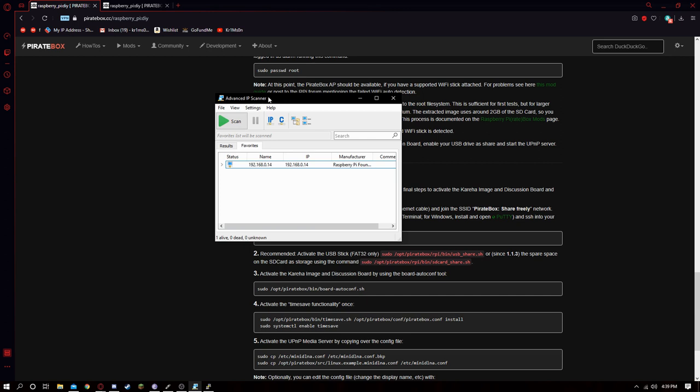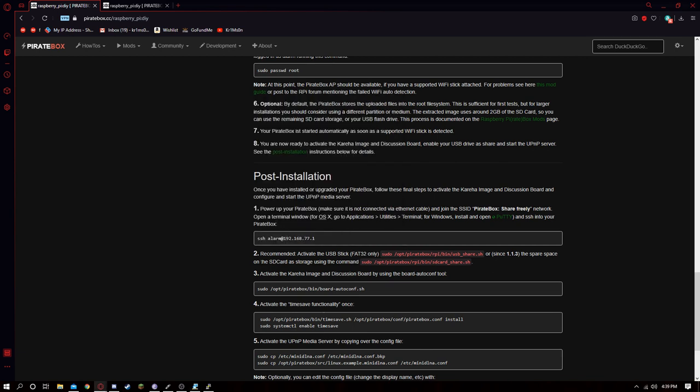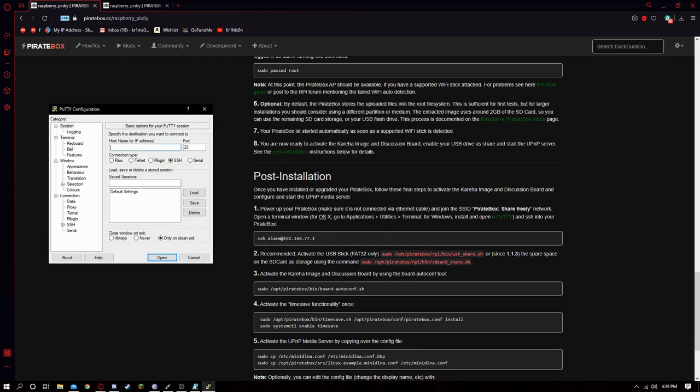If you just look up Advanced IP Scanner, it comes up. Press scan, and I knew that this was it because the manufacturer was the Raspberry Pi Foundation. So you can see the local IP address is 192.168.0.14, and what you're going to do to set up your Pi for the first time is open PuTTY, and